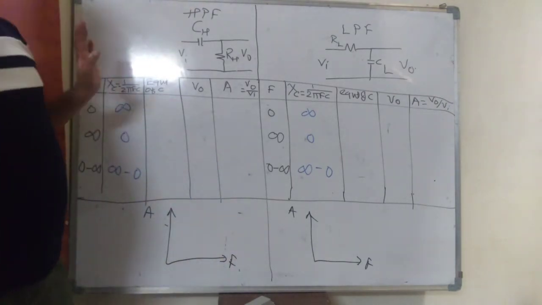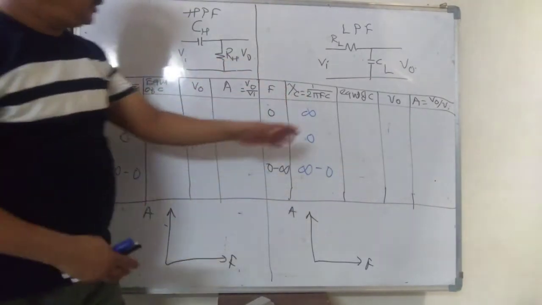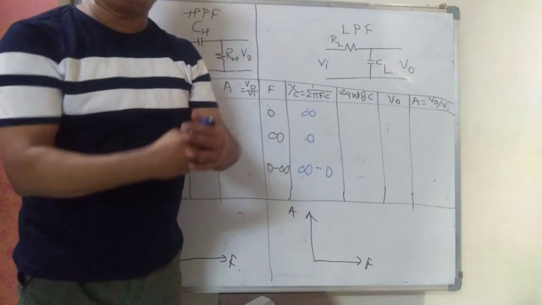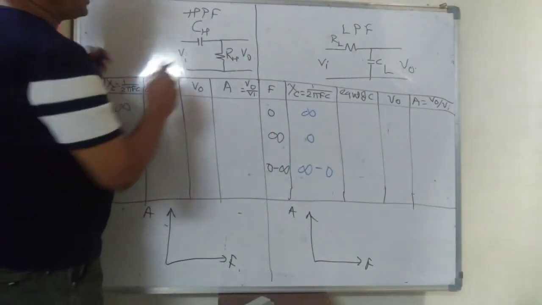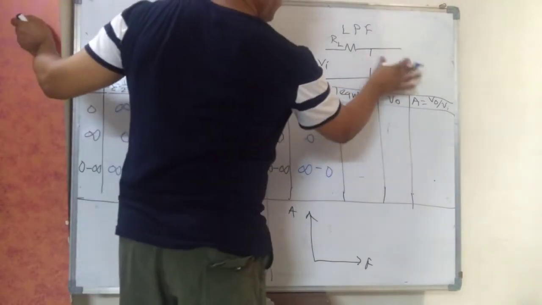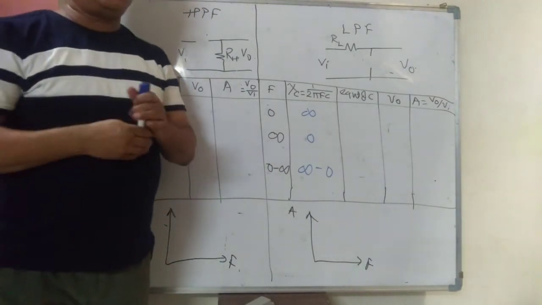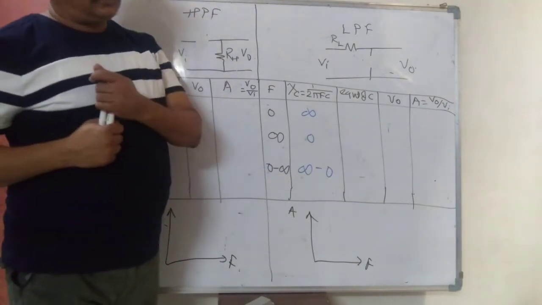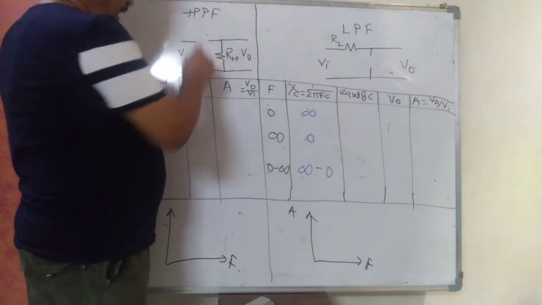But that is by capacitor. So infinite opposition to the flow of current. That means it will not allow the current to flow through it. Current 0. Current 0 means path will be open. Is that clear? Current 0 means path will be open. So no current can flow. I is 0.